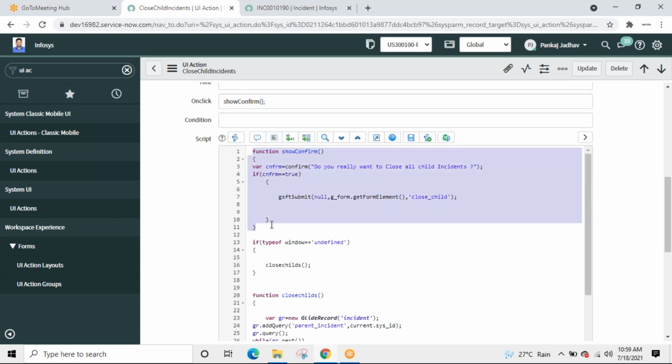What is this doing? The variable can be anything, even Pankaj, equal to confirm: do you really want to close all the child incidents?